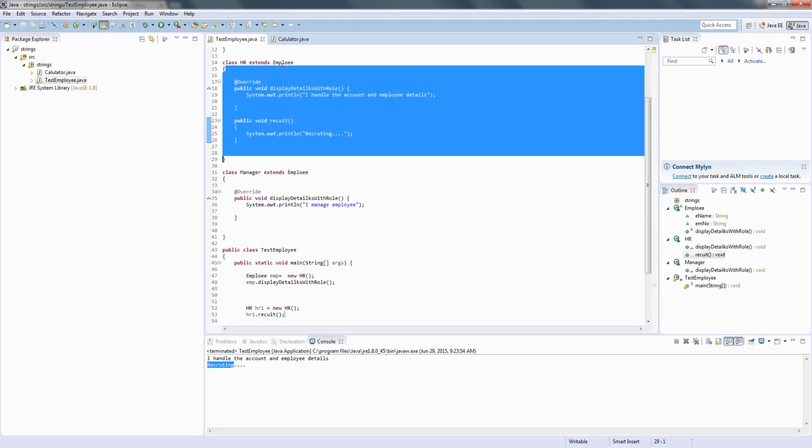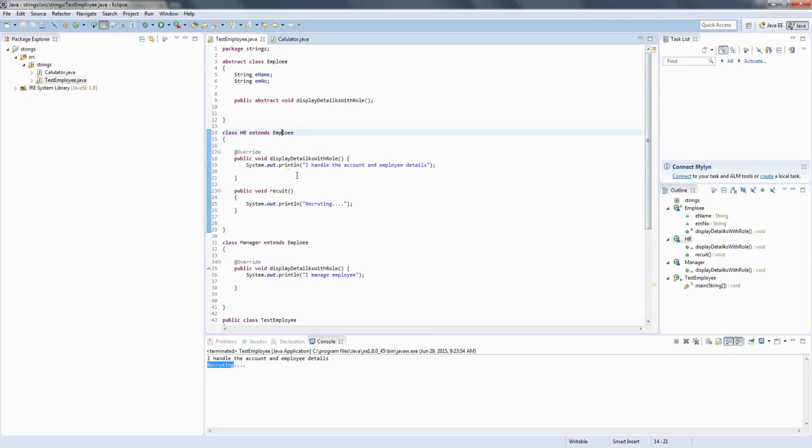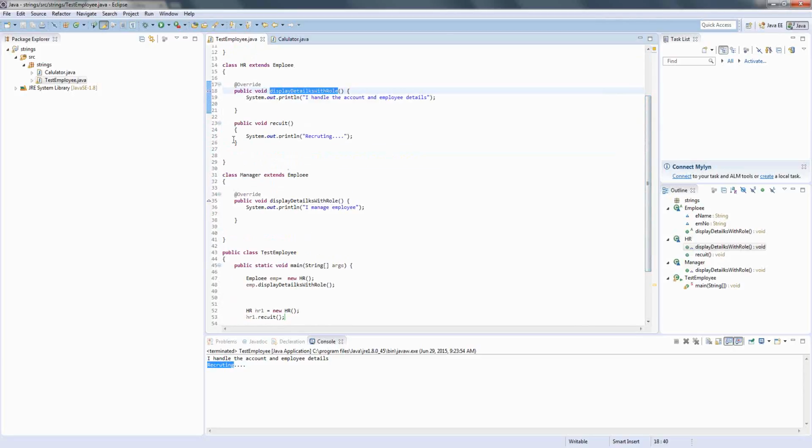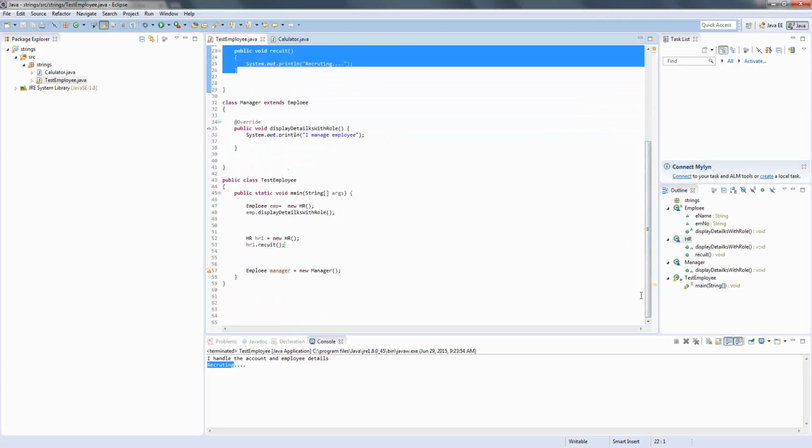You will extend only if you need those details. So I am seeing that, okay, I don't want to write employee ID and all these details again and again. So better let me extend, write this method and then override it, and then I can write my own and use it, correct? Okay, so in the next class I will be covering